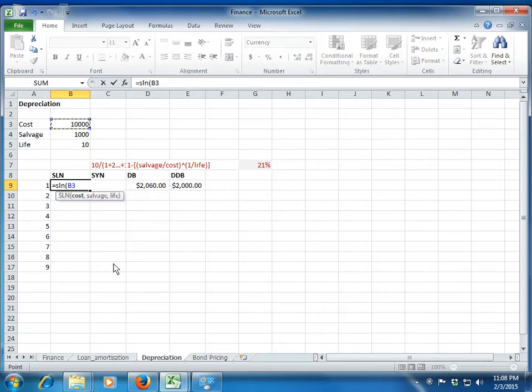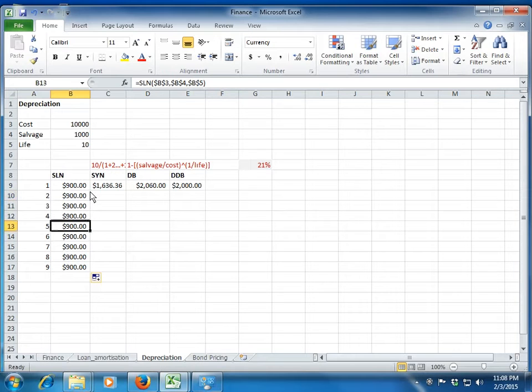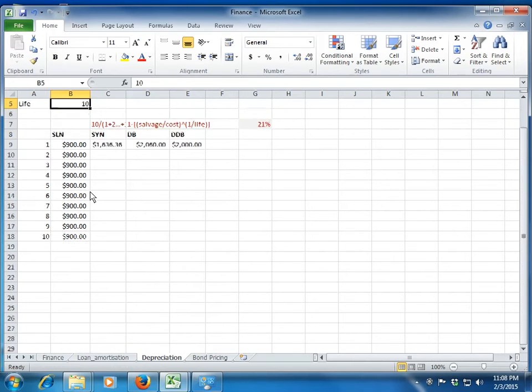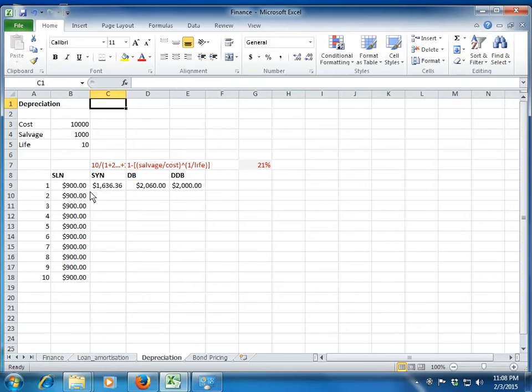It asks you for the cost of the asset, a salvage value, and the life of the asset, and Excel will calculate the depreciation amount each year for you. If you want to create a table, you will have to freeze this cell, and then I can use the autofill option. So my depreciation for all the 9 years will be 900. In fact, since the life of the asset is 10 years, let me increase it to 10, and you will see that the same formula works. We will see what happens once the life of the asset gets completed in different methods of depreciation. First, let's understand the different methods available for calculating depreciation.